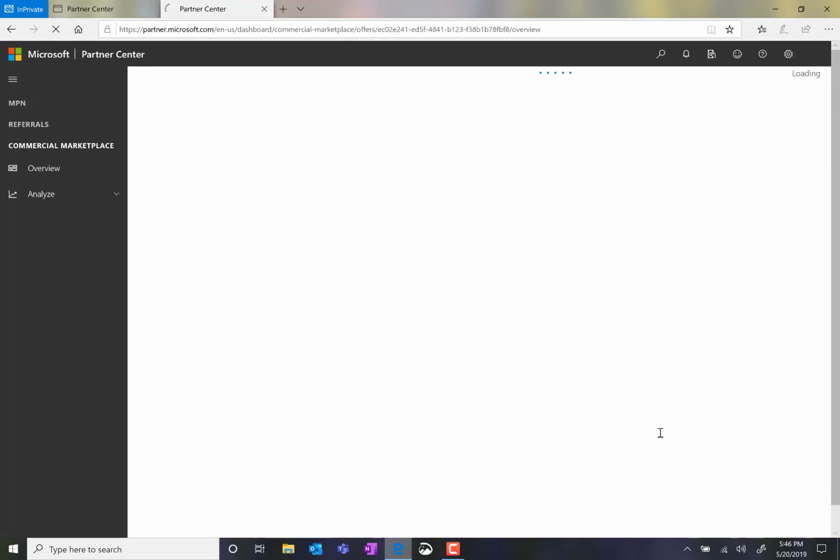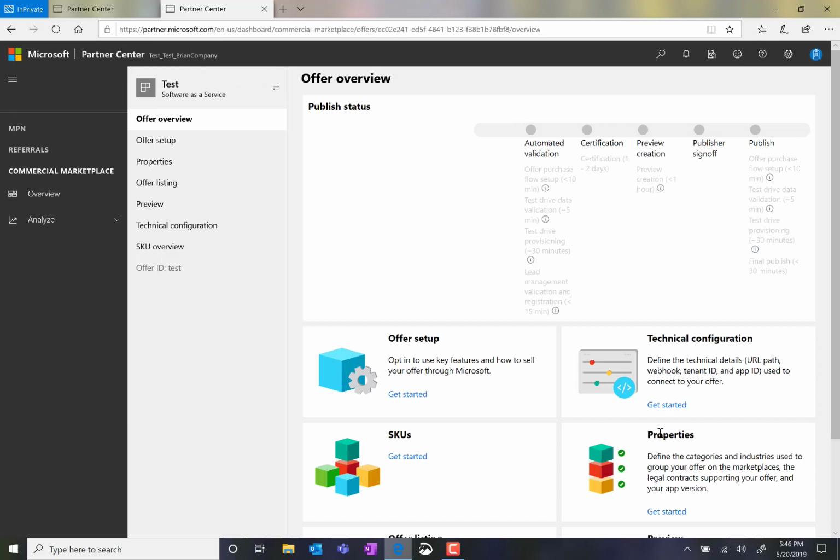Once all of the mandatory fields are completed and it's submitted for review, there are a number of automated steps that take place: the flow setup, any test drive provisioning, validating the lead management routing, and then it will go to a Microsoft team who go through the certification process, which can take up to 1 to 2 days. You're then provided with a preview so that you can see exactly how your offer will appear on the storefront, and then you can go ahead and click Publish, at which point it takes approximately 1 hour to fully go live. And just like that, you will now have a listing in Azure Marketplace or AppSource,